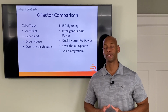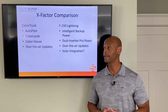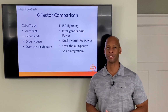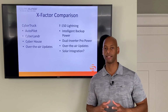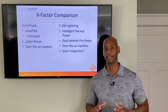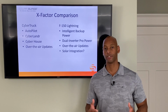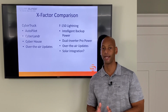The final thing I should mention about X Factor for the F-150 Lightning is the idea of having a solar integration with your intelligent backup system. Now, Clean Technica reported earlier this week that Ford is in talks with Sunrun, and of course the speculation is that they are working on some sort of a solar integration with the Ford F-150 Lightning's backup power system, meaning that instead of being limited to just 3 days of full power or 10 days of minimal power backup,